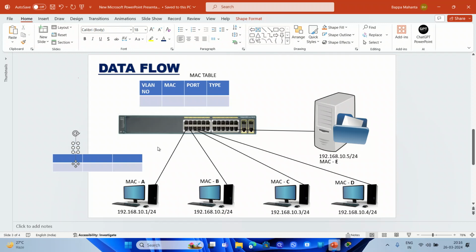Okay, so this is basically the ARP table, and this server also maintains the same. It also has an ARP table. Okay, so what happened? See,